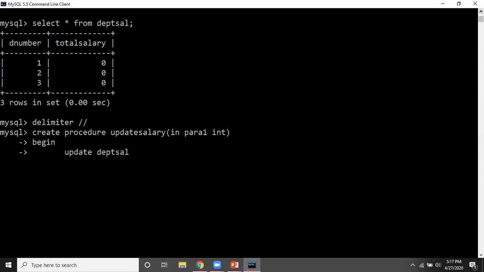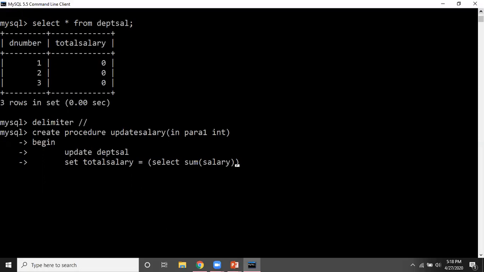Fine. And what kind of update do I want here? I want to set total salary. There is a column known as total salary. So I want to set total salary equals to, and I will write the query here in the brackets. What we want is the total salary, right? So select, and here I'm using the aggregate function sum, which will work on the salary column.